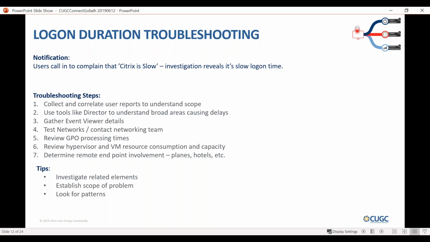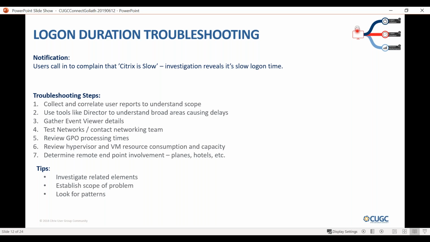So for example, are all users affected? Are users coming out of one of the particular 19 global offices? Are the users who are affected working from home? Are they going through Citrix Gateway, or are they routing internally? Are they launching specific applications or specific virtual desktops? Are they launching specific desktops or applications in a particular data center? So what you're really trying to do is determine a pattern,